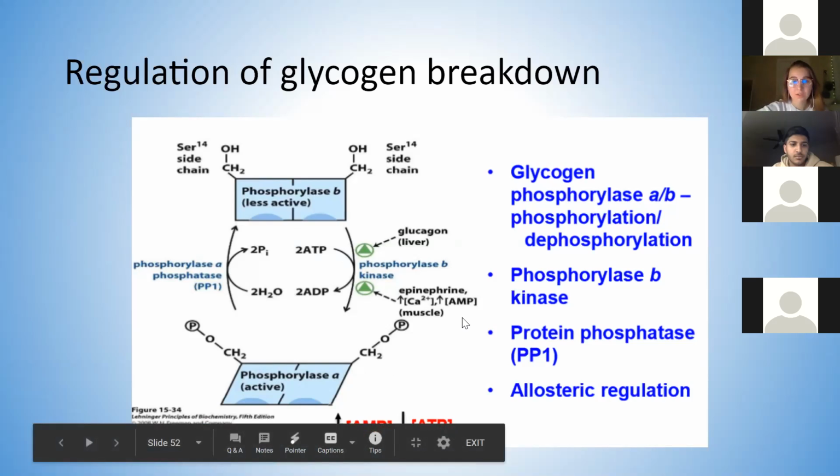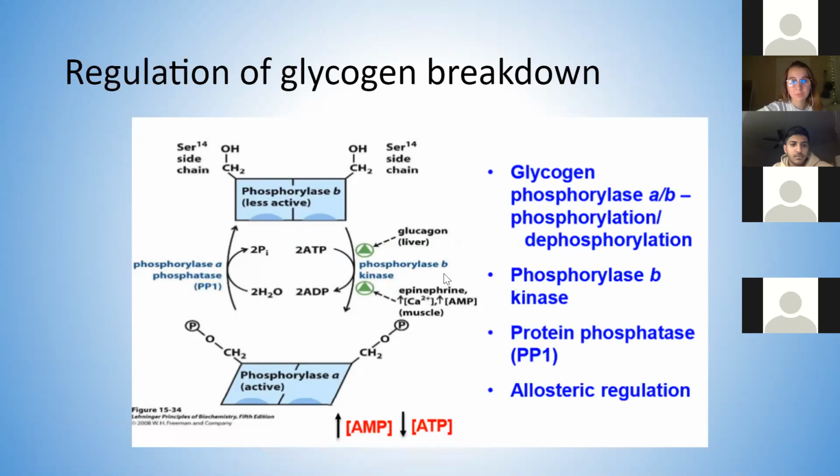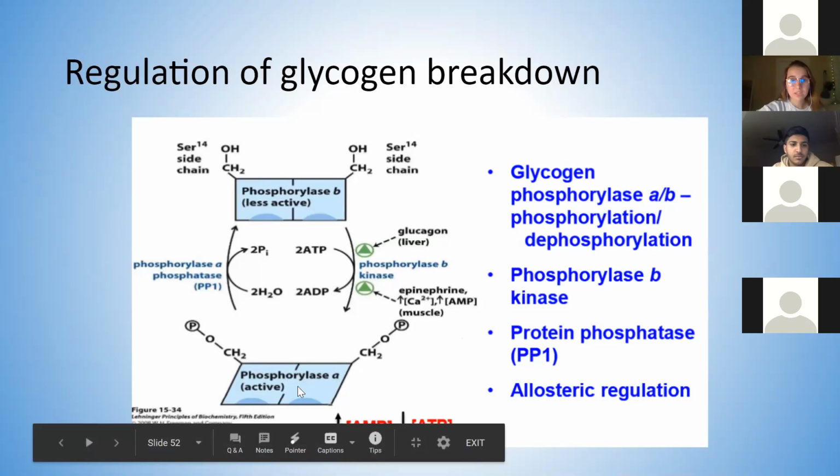And in the muscle cells, this happens by a similar mechanism in that when we have high concentrations of calcium and high concentrations of AMP, essentially signaling that we are respiring, this is a very active cell. It's in need of more glucose through glycogen breakdown. Essentially, this will also